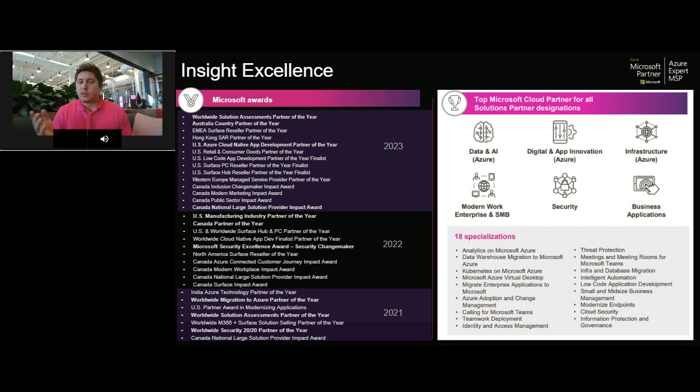We have digital and app innovation, and on the left side, you'll see a couple nods to that. Infrastructure when it comes to Azure, how are you running in the cloud? What type of help do you need? Migrations, et cetera. We also have modern work, some of our solutions around device as a service, helping with adoption when it comes to M365 and different types of Microsoft services. And then a big one here that we're going to focus on for the rest of this presentation is really